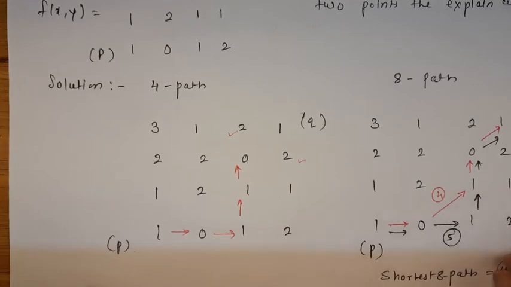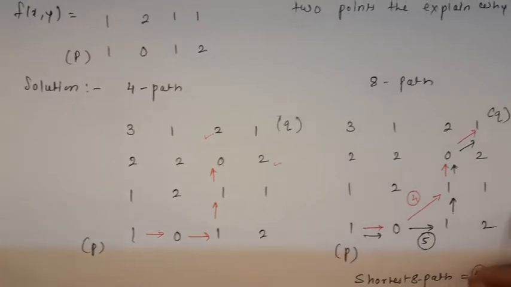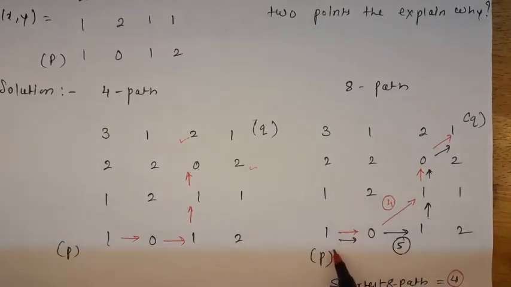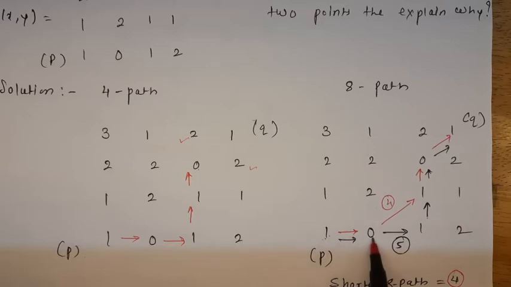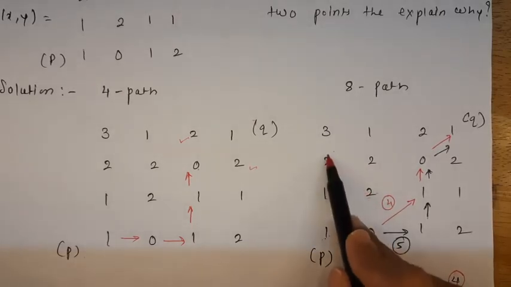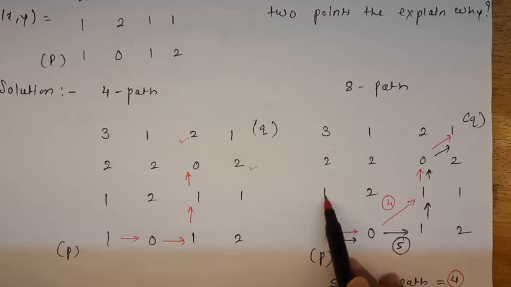Okay, now we'll see the 8 path. In 8 path you will again rewrite the matrix, and then we'll start from here. Now in 8 path, we have to see whether the next pixel belongs to N8, that is the 8 neighbors of P, and also satisfies set V. So what is set V? 0 and 1. Can I connect here? Yes, I can connect. Can I connect here? Yes, I can connect. But the next pixel after this is not satisfying set V, so no use of connecting to this pixel. So we'll connect from here to here.